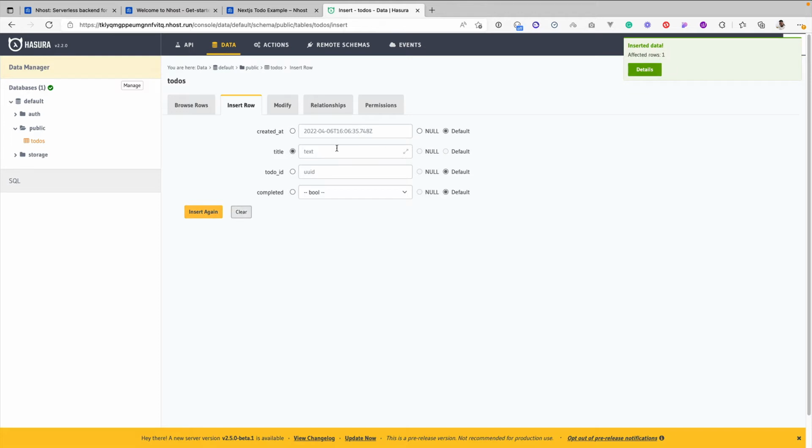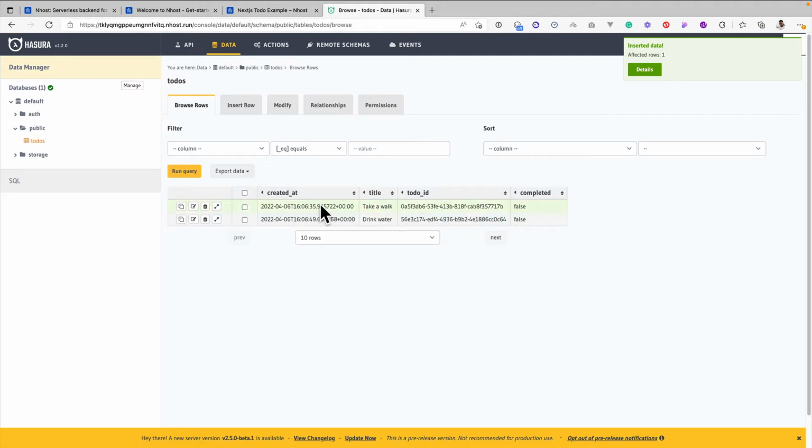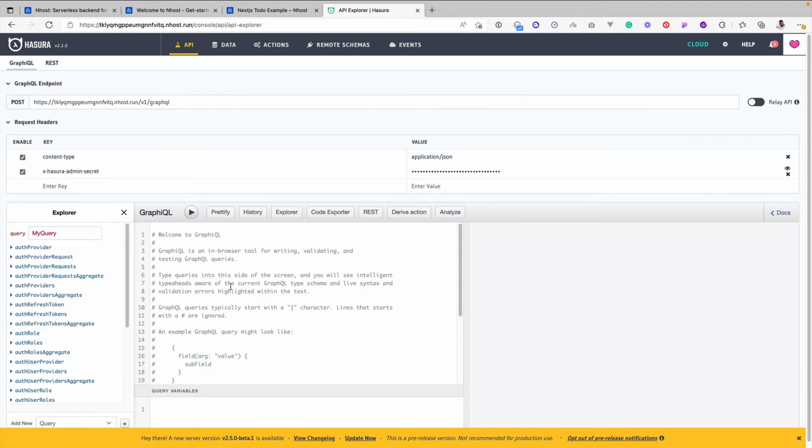So I'll clear this table and add another to-do. Let's say drink water, because we all should drink more water. And insert again. So if I look at the rows, I should now see that I have these two to-dos in my table. Awesome. To visualize that better, let's go back to the API tab,